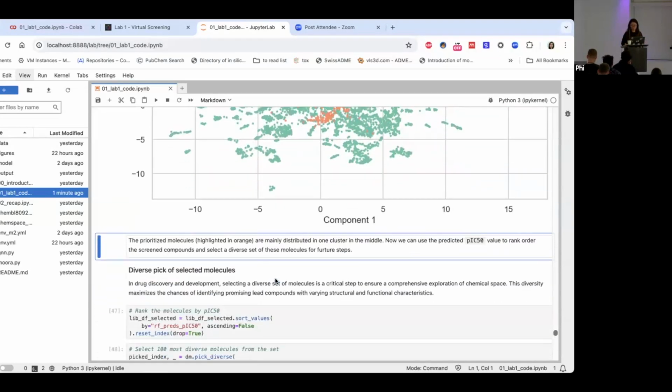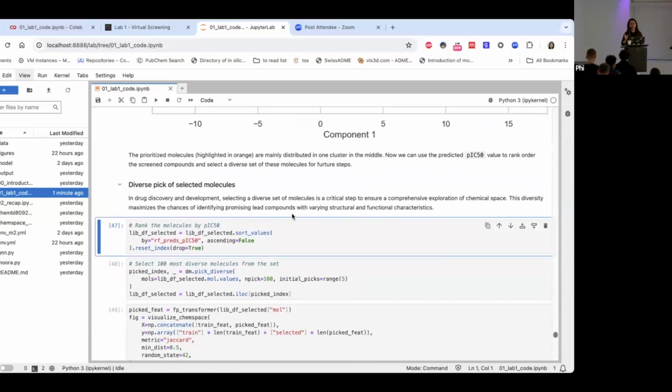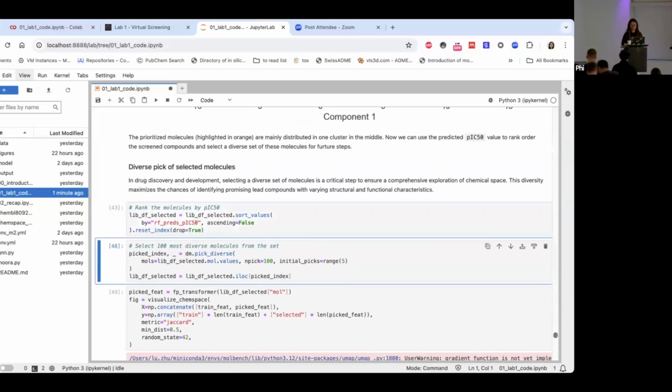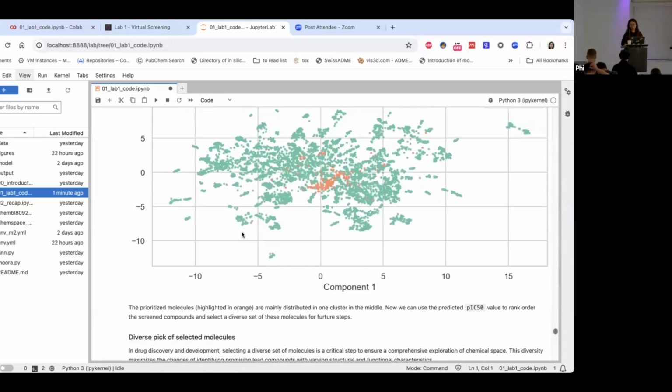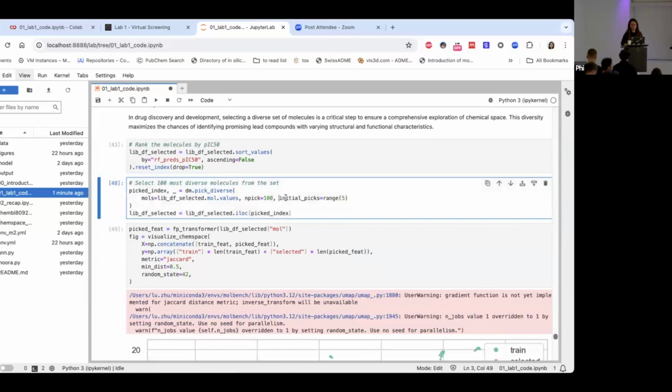So for that purpose, we would like to just pick a diverse set of molecules from this candidate pool. First of all, we would like to rank the molecules by the predicted pIC50 value. The reason is that when we pick the most promising ones, we always want to keep the most potent molecules. So for the diverse pick, we can directly use datamol's pick_diverse